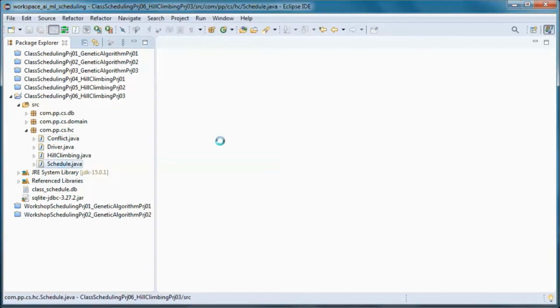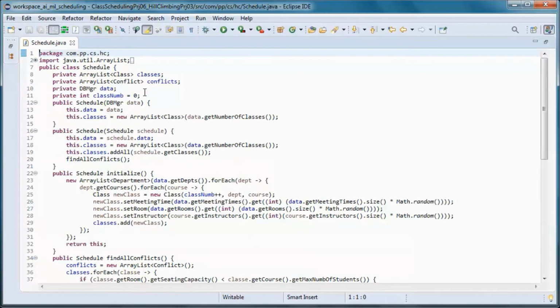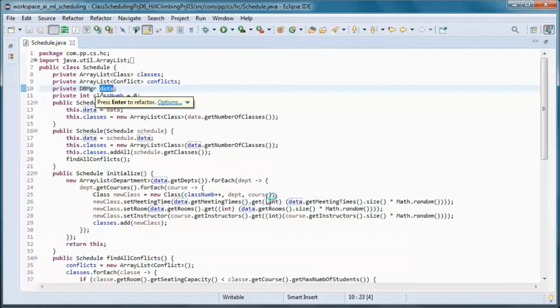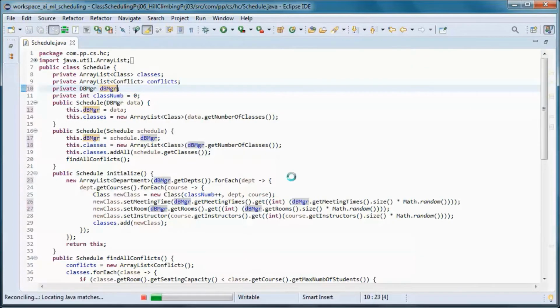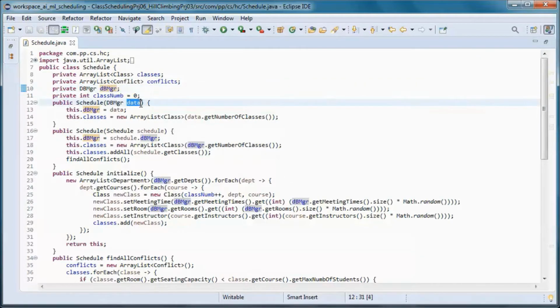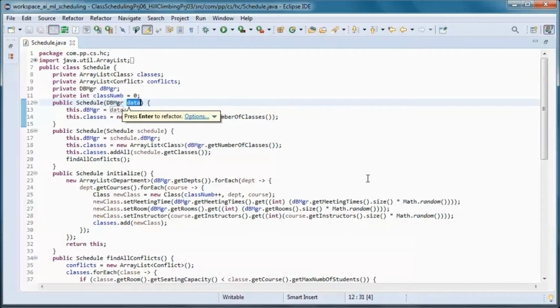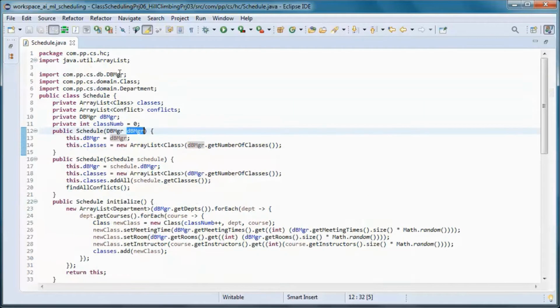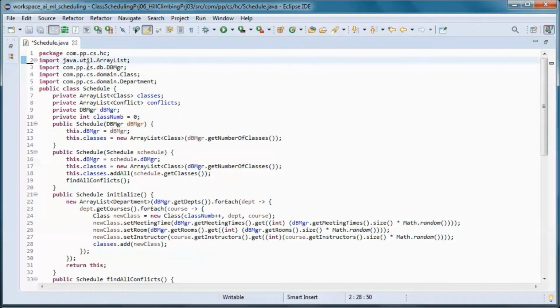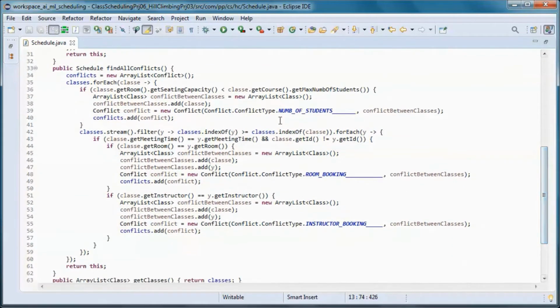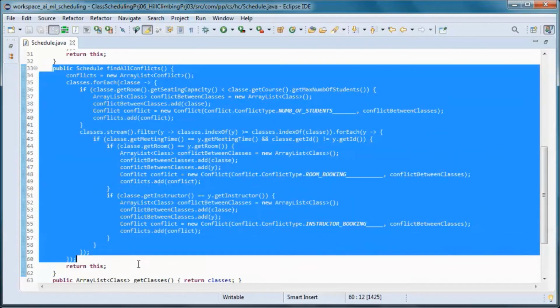And let's go here and rename this one. And this one. And let's refactor this method.